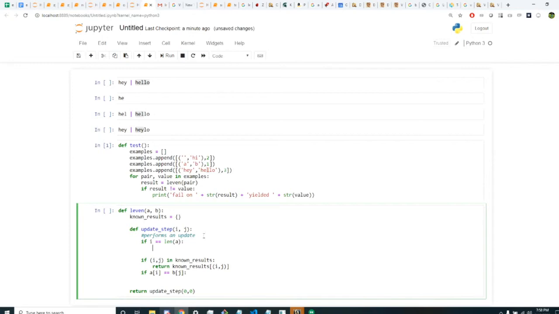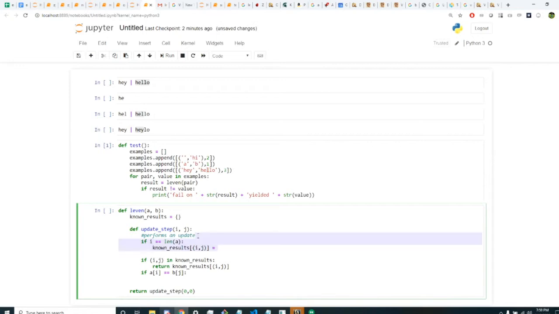If i is equal to the length of a, then all you need to do is wipe all the remaining values in b. So you're going to set known results of (i, j) equals